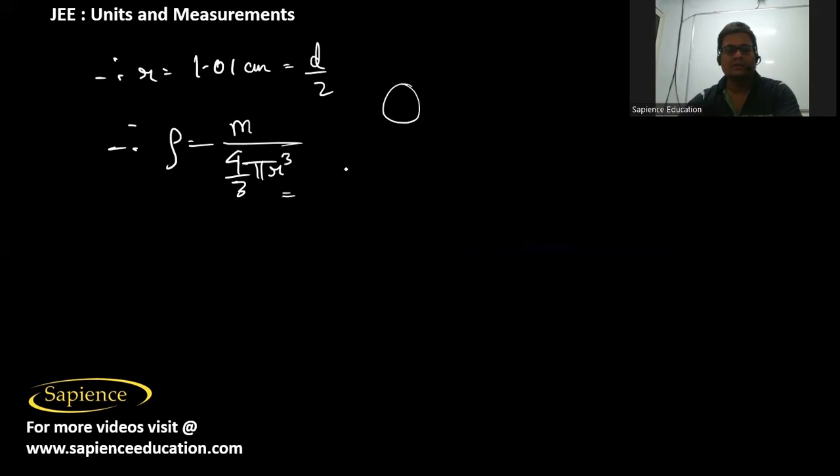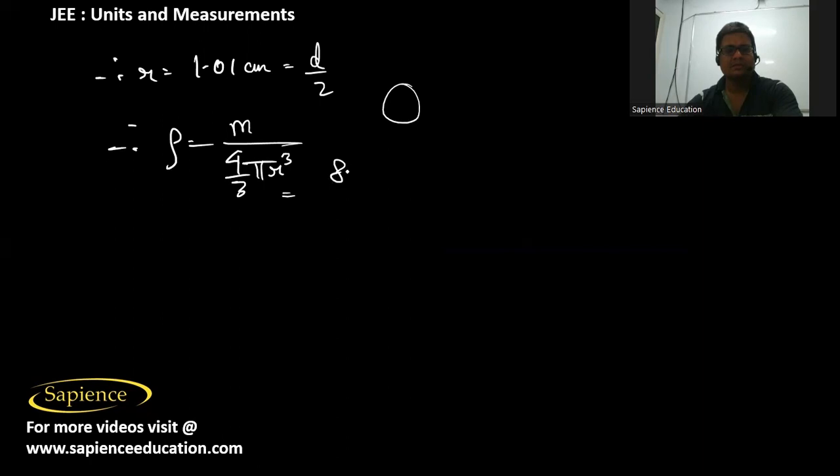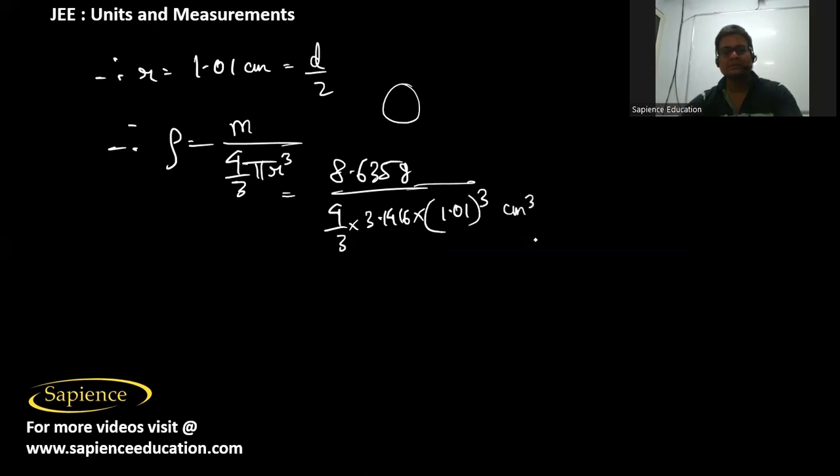So this will be equal to 8.635 gram divided by 4 by 3 pi, that is 3.1416, into r, where r is 1.01, whole cube. So this will come in centimeter cube. If we solve it, then we will get approximately